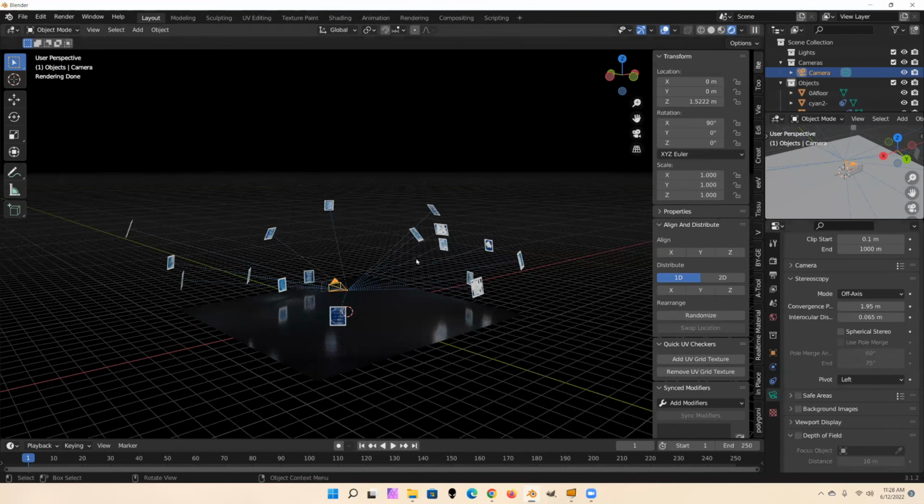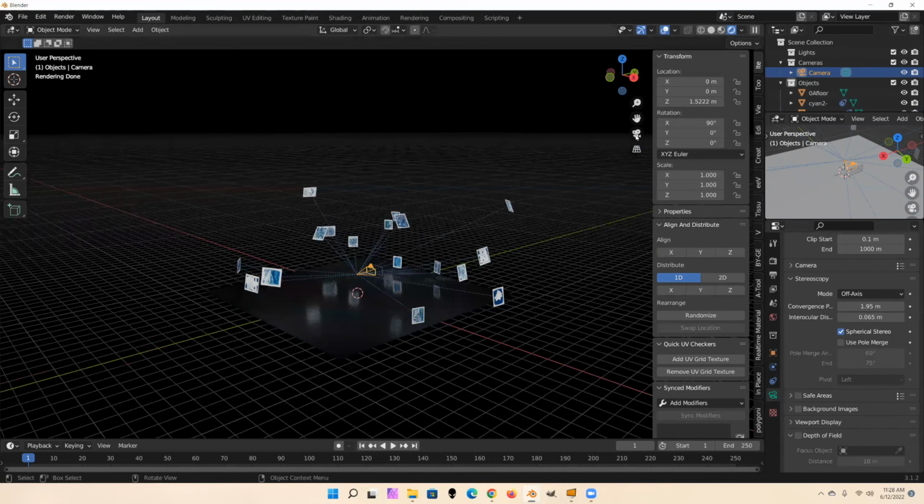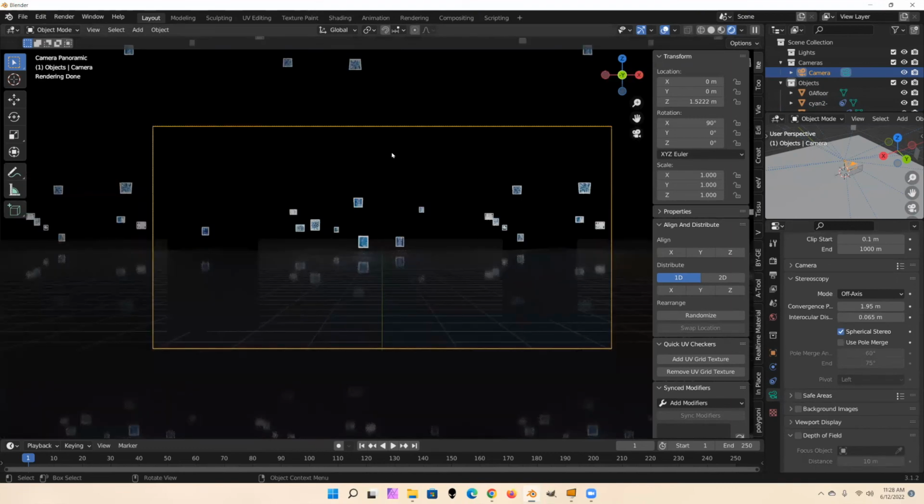Because this image has a lot of different depth in it, I'm going to make sure spherical stereo is implemented, which will give us better 3D looking all around. And now we can see what it looks like through the camera. And that gives us a good preview of our panoramic scene. But there we have our scene, and then we can see how that looks in VR again in